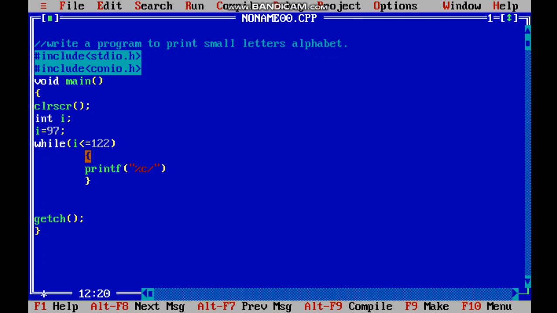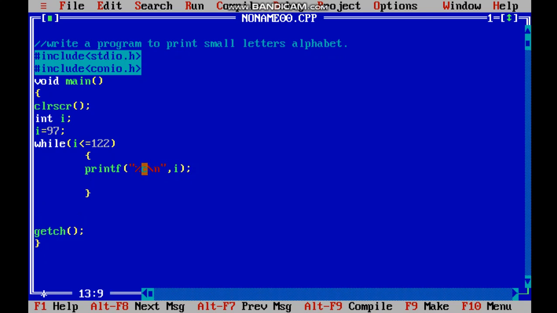And we were using \n for new line. So the value I am going to print is i. Okay, if I leave it here and compile, I will get the value 97, that is small a, repeated a number of times, because I am not increasing the value of i here.